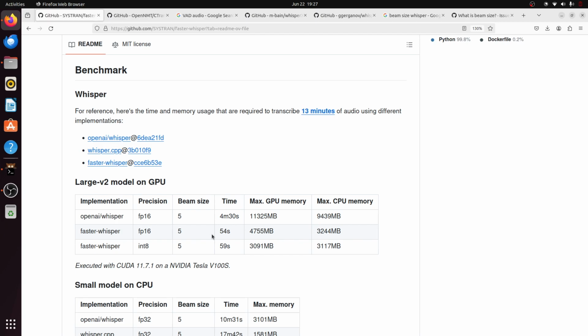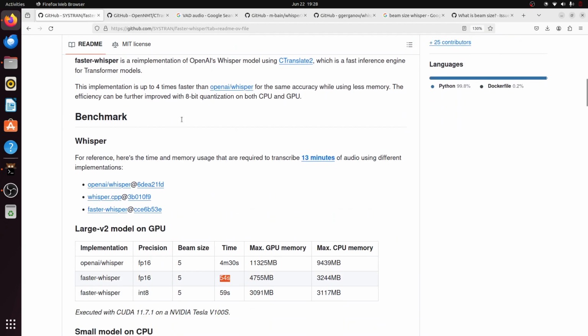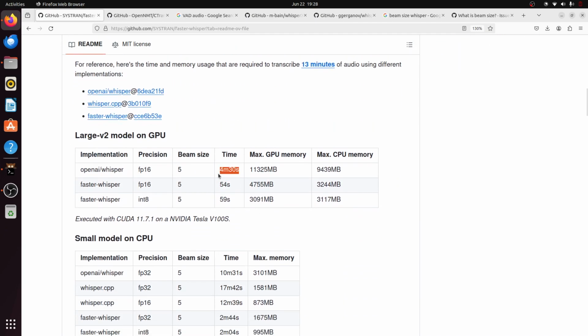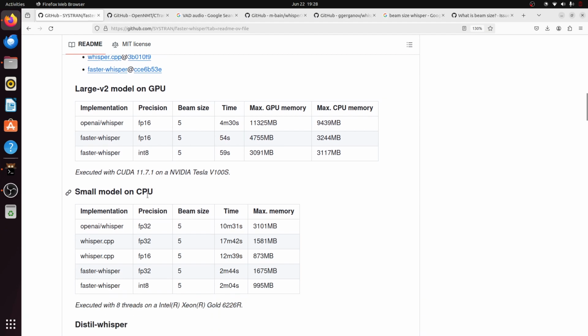Let's take a look. So they claim that OpenAI's default Whisper version runs in 5 minutes, and Faster Whisper runs in 60 seconds. I mean, they said 4 times there, but yeah, sure. It's 5 minutes and 1 minute, so that's 5 times faster, which is pretty cool, right? So if we can get it to go approximately 5 times or 4 times faster, it's nice, and it only requires about